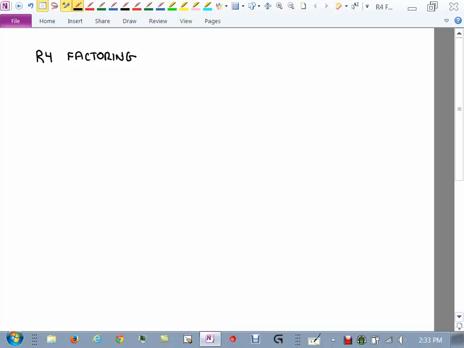Now, factoring is one of those skills that you need in this course. You need to be able to factor. So I want to see where everyone kind of is with this. I'm going to assume you know how to factor. That has to be my assumption coming in. But as I do some problems, I'm going to ask you to do some problems, and I'm going to kind of walk around and see where everyone is with it. All right? That's the way it'll work, at least to start off today.